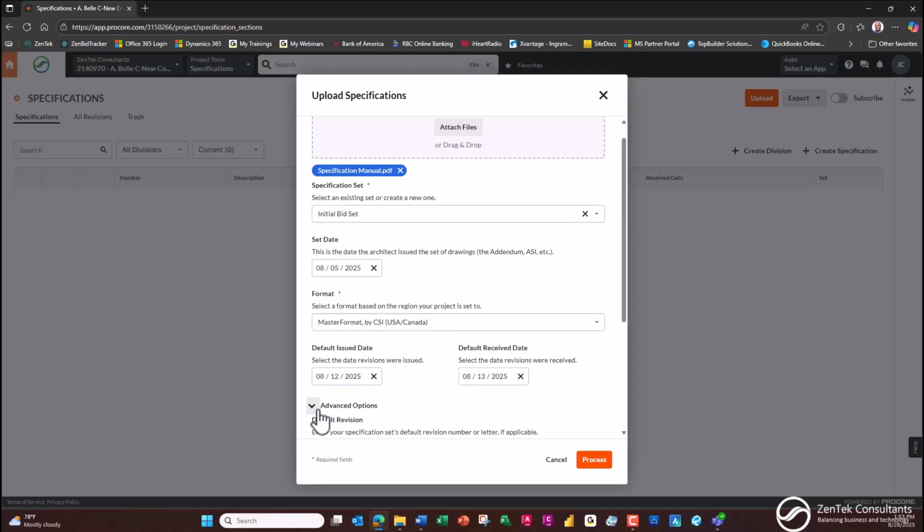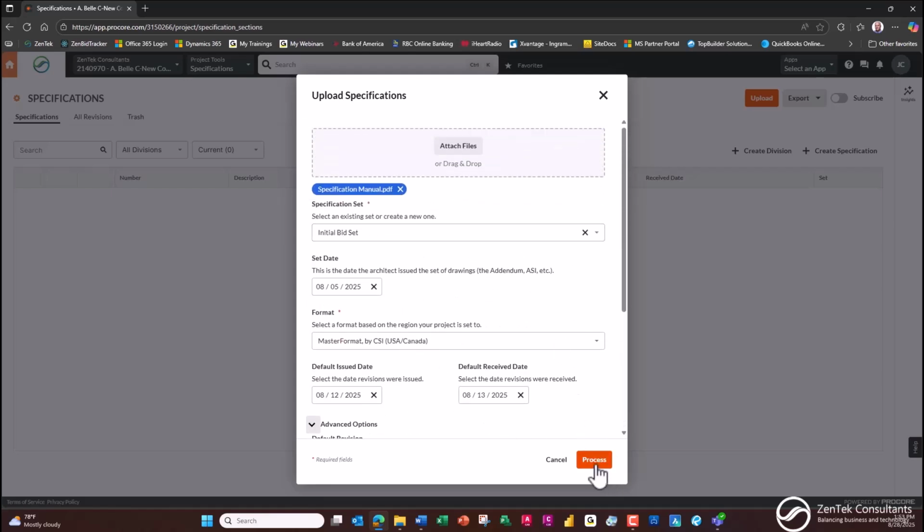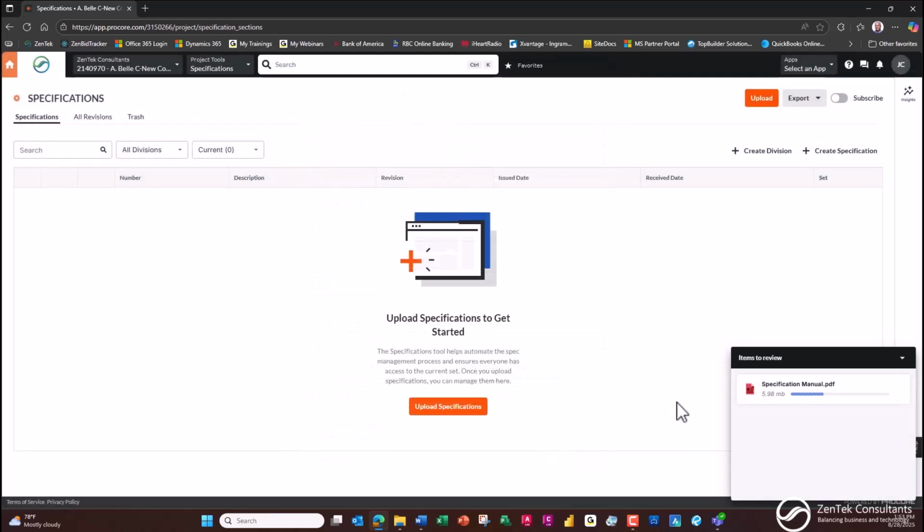And I can get into all my advanced options for numbering and breaking down and so on, and just tell it to go ahead and process that, doing exactly the same thing. It'll take a little while to process that setup, but I can do exactly like we were doing before. I can go over to the specifications over here, and I can configure my settings